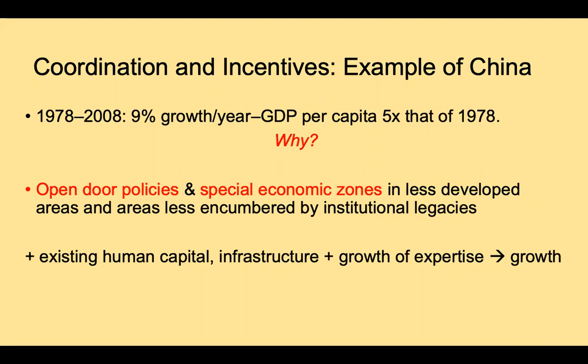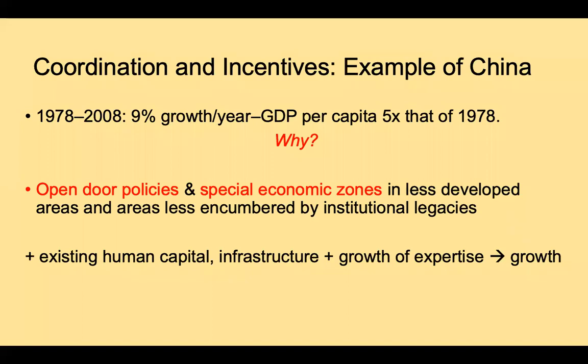This is a classic example of public policy and state intervention targeted at creating complementarities where they don't previously exist, and specifically doing so in an area where there is not an extensive institutional legacy. When you think about the regional distribution of power, and especially in a large country like China, it makes sense that not all areas may be equally entrenched in those old institutions. And so when you put this all together,